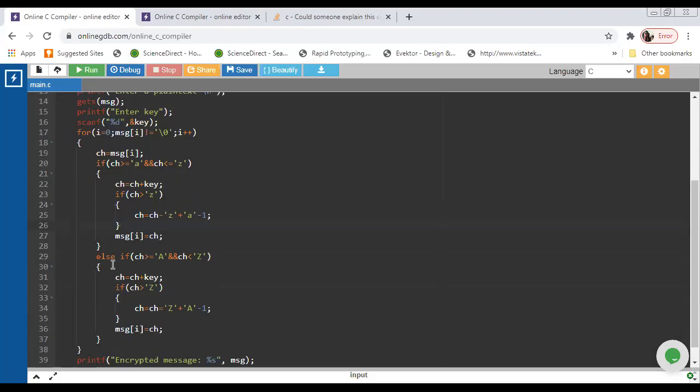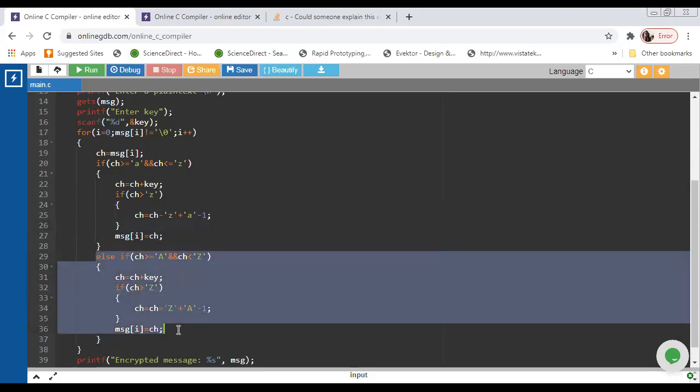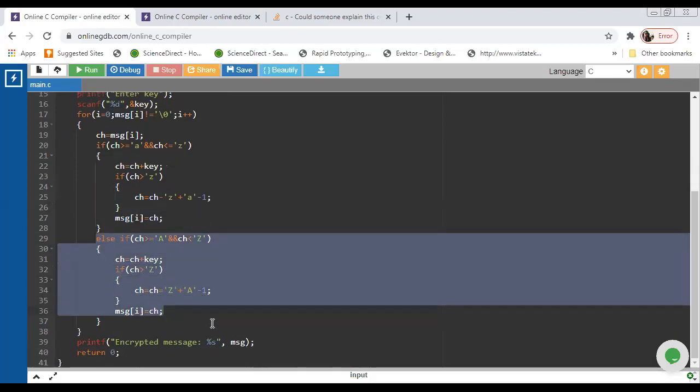If someone is using capital letters, the same formula is used. For an uppercase string it will convert within uppercase, and for lowercase it will convert within lowercase. Whatever the value, it will be printed in the form of ciphertext.